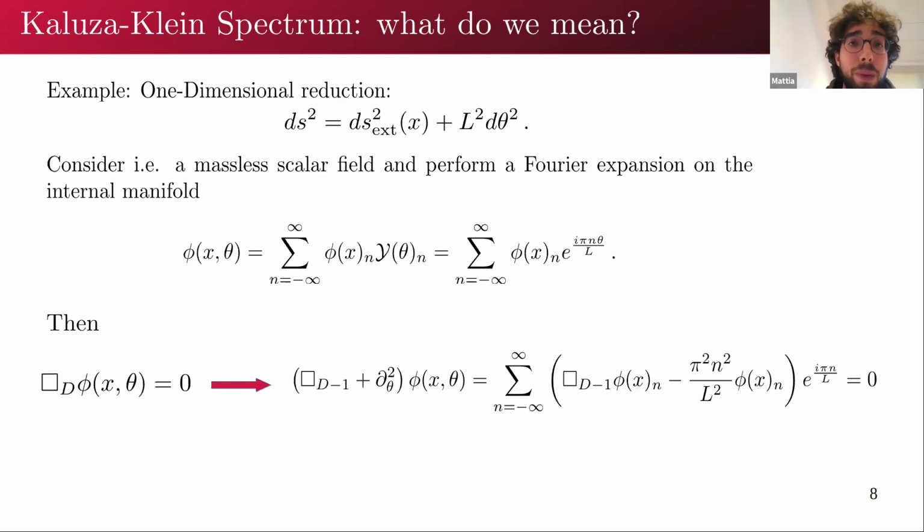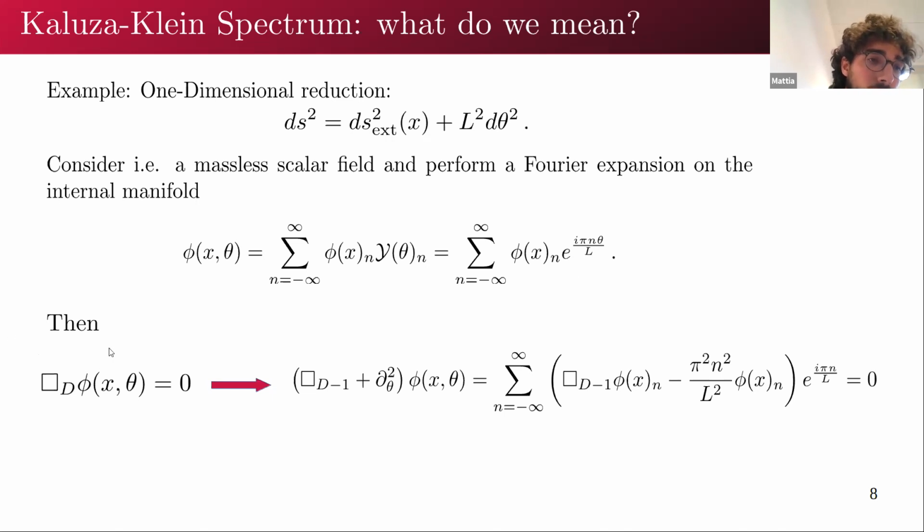So let me quickly remind you, for those of you who are not familiar with this, what do we really mean by Kaluza-Klein spectrum? Because that's exactly what we're going to do. Let me take a baby example with a d-dimensional metric, which can be split into a (d-1)-dimensional metric and then the metric of a circle, so an angle and of a certain size squared. For any field of the theory, but for definiteness of this example we consider a scalar field, one could perform a Fourier expansion in terms of the eigenfunctions of this internal metric. And of course, the eigenfunctions of the circle are just the harmonic functions.